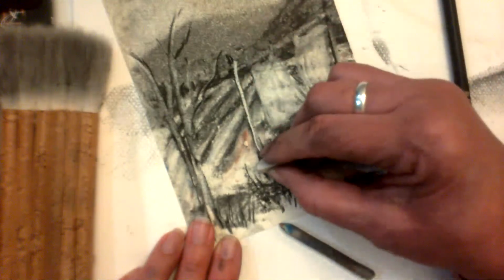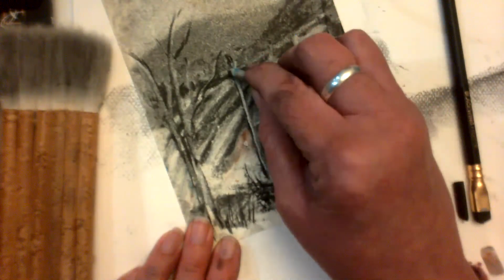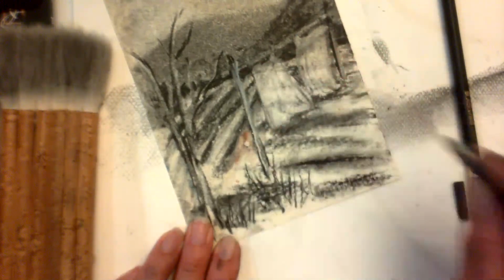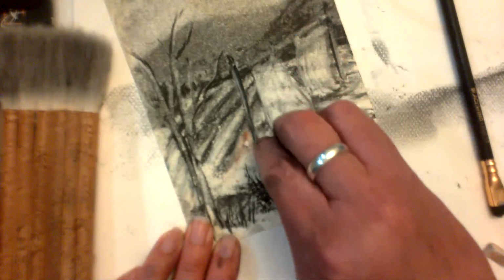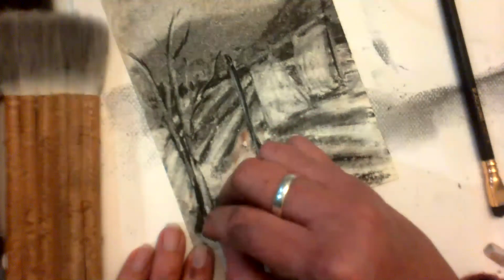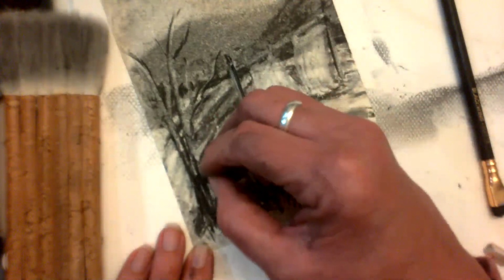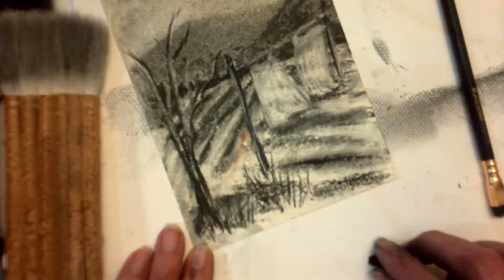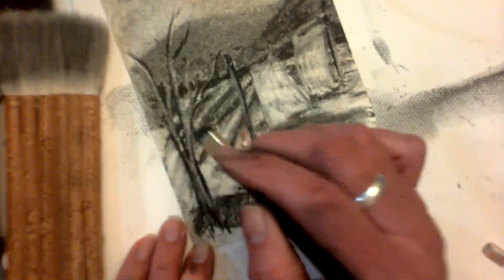If I want that post to be whiter or something, well, that looks horrible, but that would be the idea of it. That was not a good idea. But who knew? Let's just go over more charcoal. You see how forgiving this stuff is, honestly. It doesn't